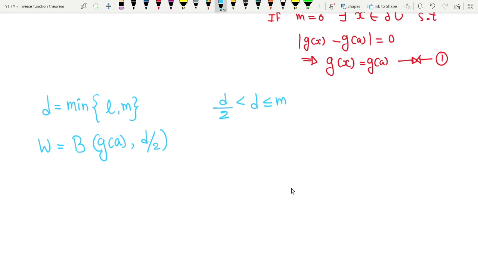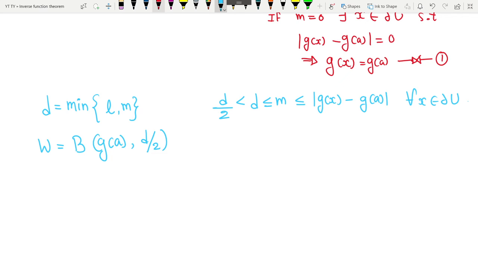and my M is the minimum, that means it is less than or equal to the norm of g(x) minus g(a) for all x inside the boundary of U. Right, so these are the few things that we have observed. What we have created, we created the set W. Now this set is a very important thing for us, because in the theorem we wanted that set W. By using W we are going to create V as well, but